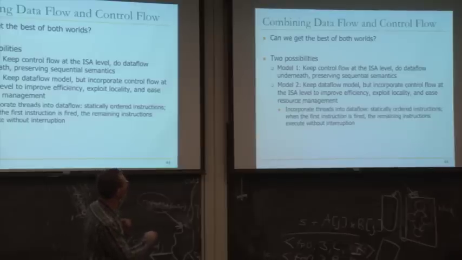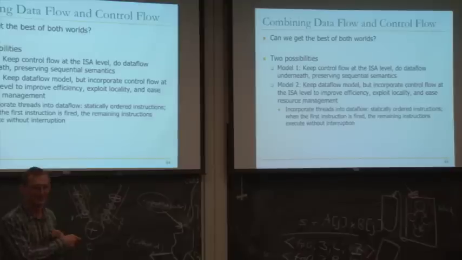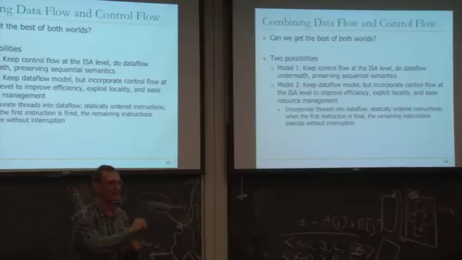Now, this gets some of the benefits of control flow, but maybe potentially not the most important benefit, which is debugging. Again, how do you debug this processor? Now, you coarsen the granularity where perhaps interrupts can happen, but you still didn't provide any reasoning to the programmer about which blocks are done currently. That reasoning doesn't exist. So that's why this Model 2 has not been successful. But we'll cover this briefly in the next lecture. Hopefully you'll enjoy the papers on Model 1. I did not assign a paper on Model 2, but I'll cover this.